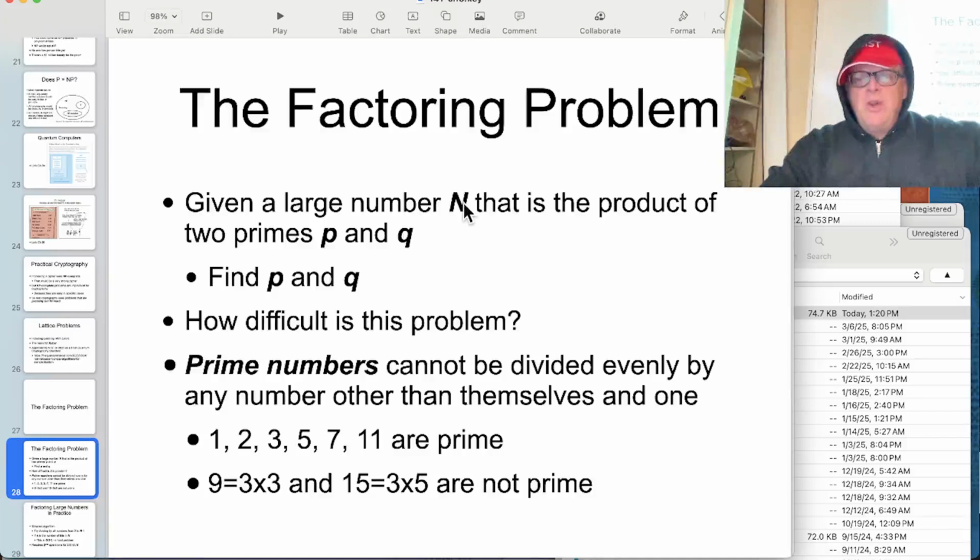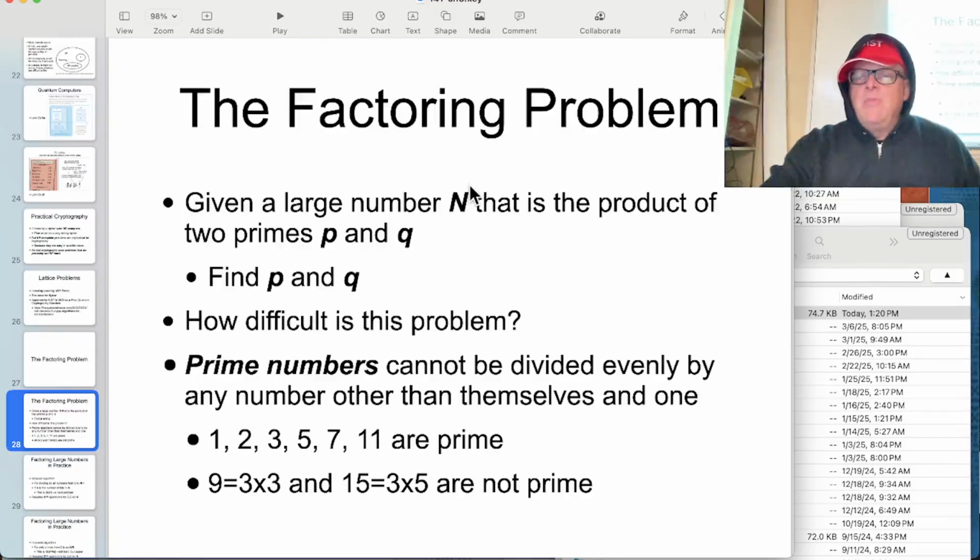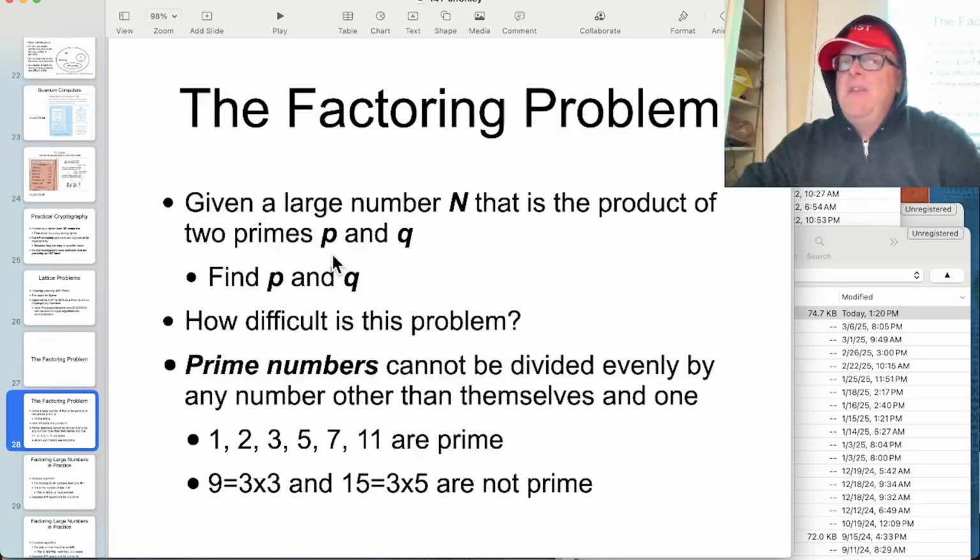All right, so anyway, the factoring problem is the one we use for RSA. If you have a large number n that's the product of two primes, find the primes. How difficult is this problem? Well, it's quite difficult. The obvious way is to just try all the numbers less than n, and try to divide and see if you can find it. If you think a little more, you only need to try numbers up to the square root, because one of these numbers, p, must be below the square root and the other one must be above. If I go up to the square root, I'll find p.